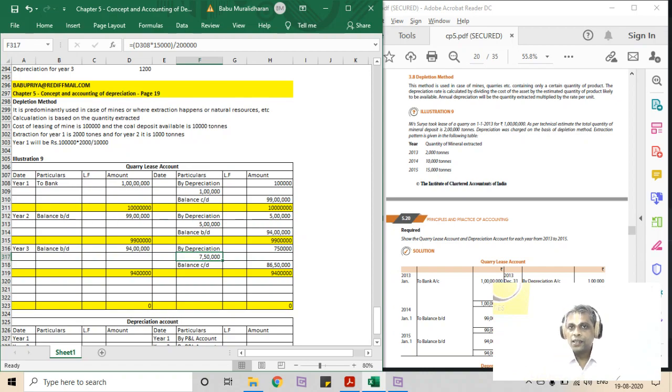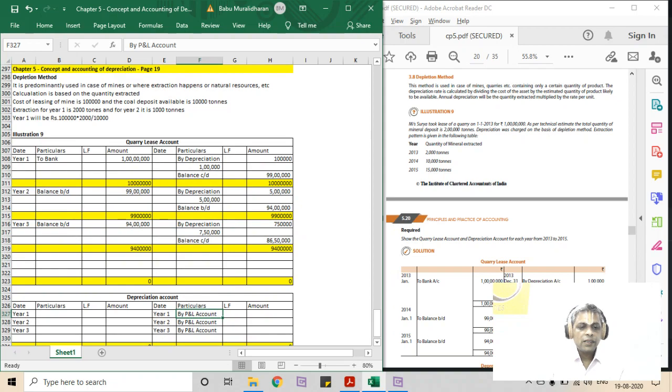In case of machine hour method, the disadvantage we saw is that idle time of the machinery is not included while calculating depreciation. Whereas in case of depletion method, there is nothing called idle time. It is a natural resource which has to be extracted over the useful life of the lease. So whether it is extracted or not, the deposit is still going to be there. That is the reason we are not considering idle time here. It is a straightforward depreciation basis the total tons extracted divided by the total deposit available.